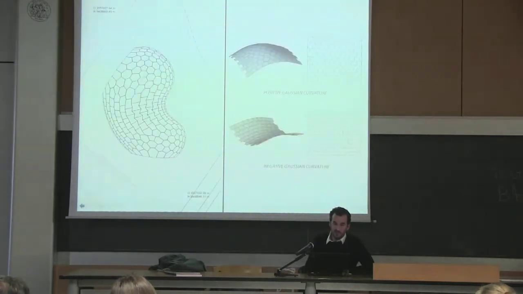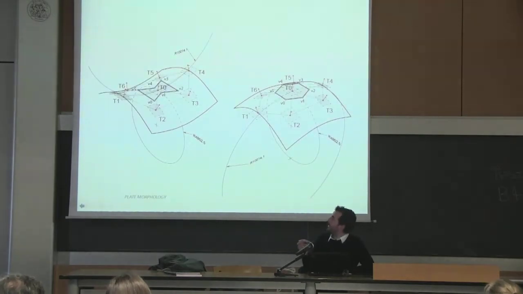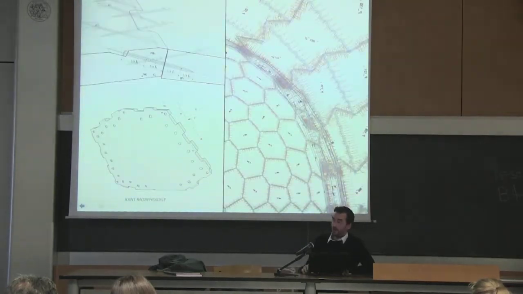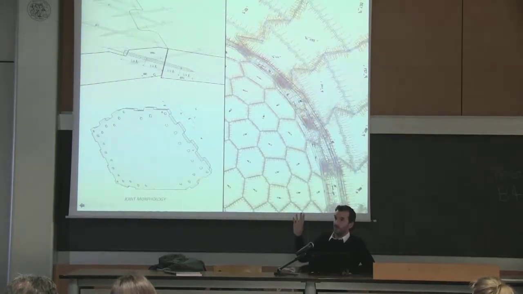There's another aspect that is also challenging, is that obviously that means you have to work with planar elements. Now, if you want to use planar elements on a double curved surface, it becomes a bit involved. So what we did to overcome this challenge is that we actually defined every blade as a kind of agent. And then we didn't even attempt to draw or model the plates, but we assigned a certain level of intelligence to the computational plate, which knows about the geometric constraints. The agent knows about the constraints of the robotic manufacturing,